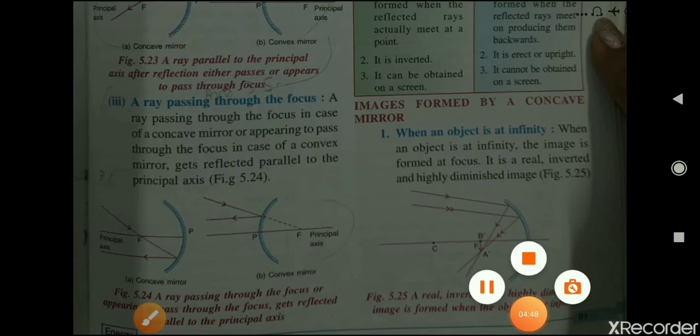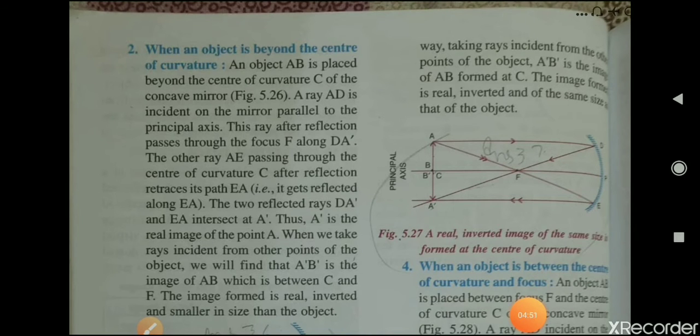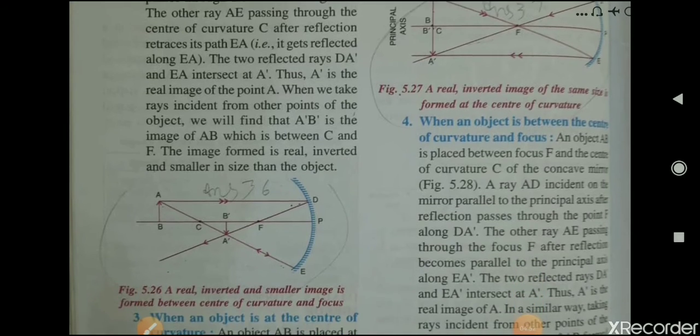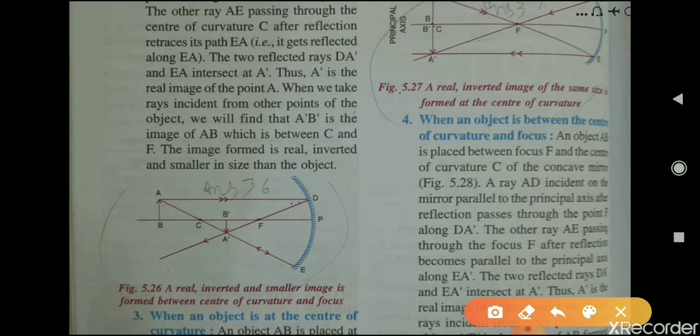Now next is, when an object is beyond the center of curvature. When the object is beyond the center of curvature, you can see here this is the object AB. It is beyond center of curvature. We have taken two rays, one parallel to the principal axis and other that passes through the center of curvature. The ray that is parallel to the principal axis passes through the focus, and the ray that passes through the